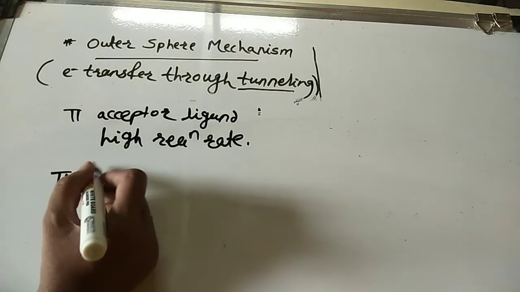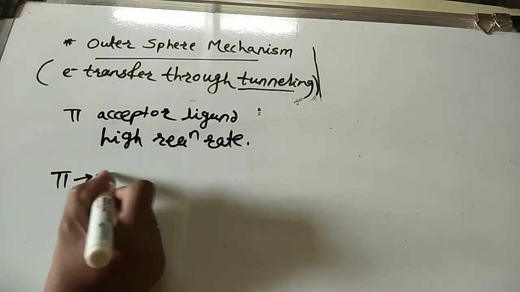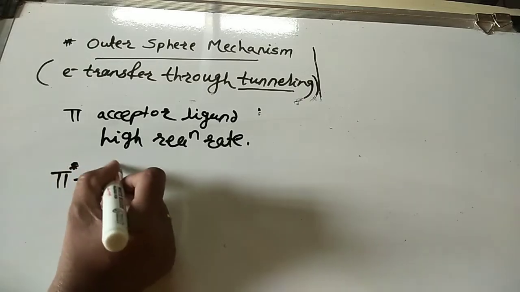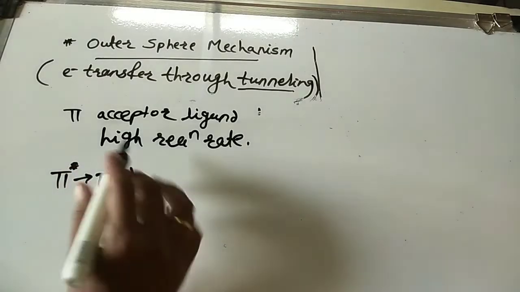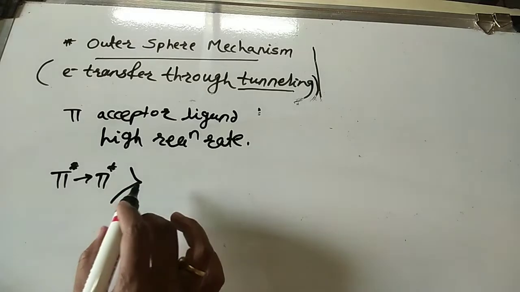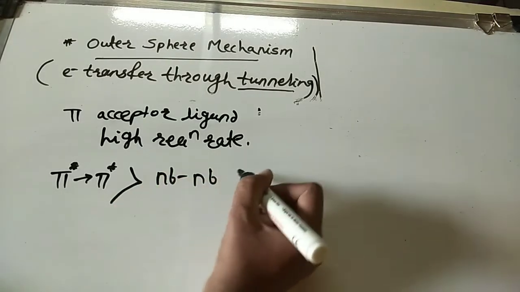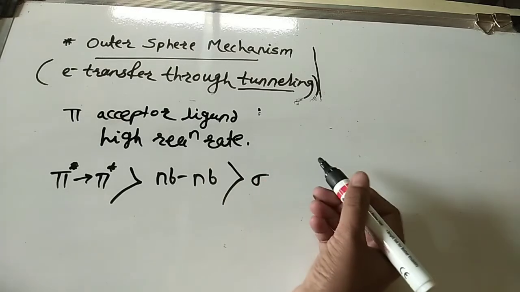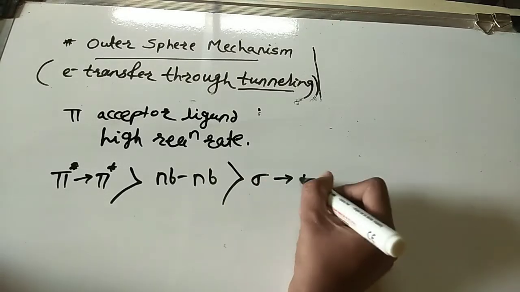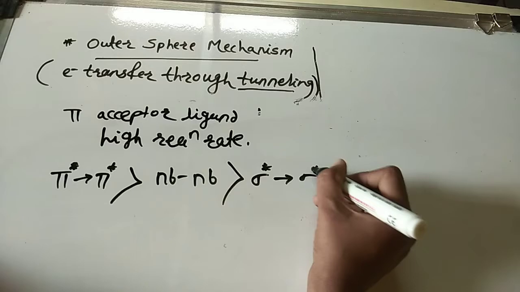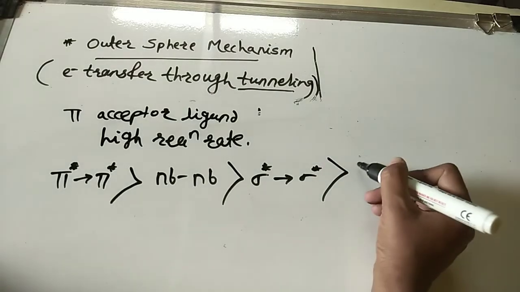The order for this is what? Pi to pi star showing the high reaction rate. Next is non-bonding to non-bonding. Next is sigma to sigma star. Okay, and last is